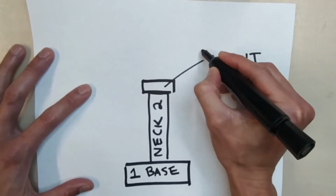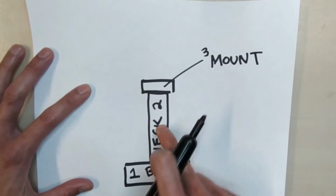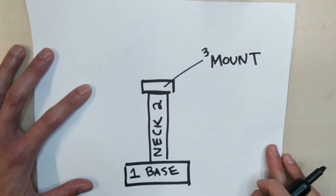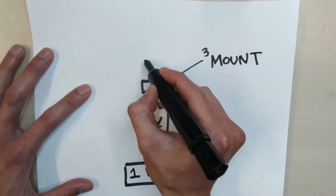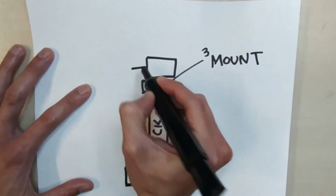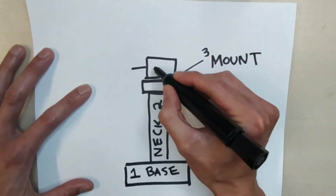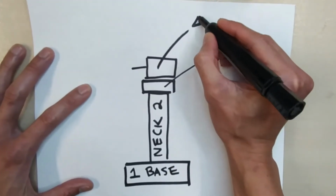Okay, and I can also put a number 3 here. So we got the base, the neck, and then the mount. Now on that mount, if you can remember what I just said, we're going to put our motor. It looks like this with a little line. I can't write motor in here, it's too small, so I'm going to do our little line thing again. And let's call it number 4,